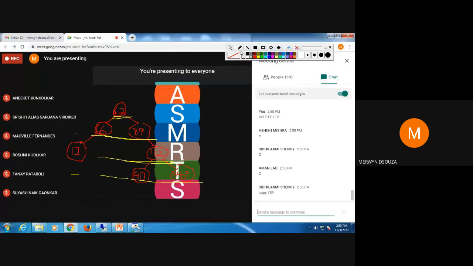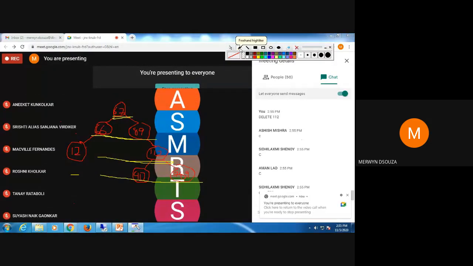So when you do all these steps in one shot, I'll just show you step by step. First you will do the in order traversal. When you do this in order traversal, you will find that after 112, the number that comes is 789. Sorry, 112 is the node you are deleting, and 789 is the successor of 112.